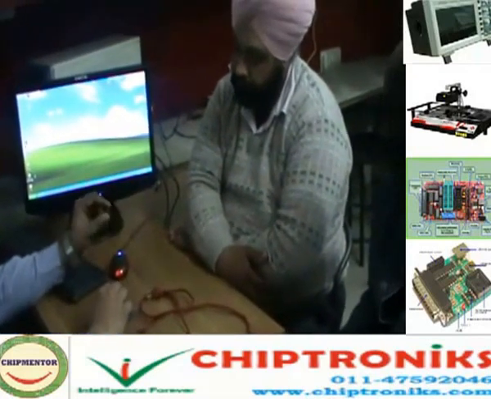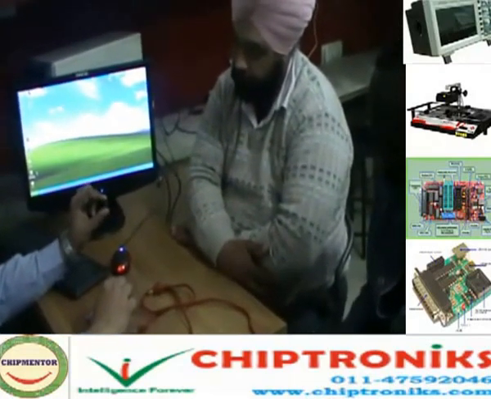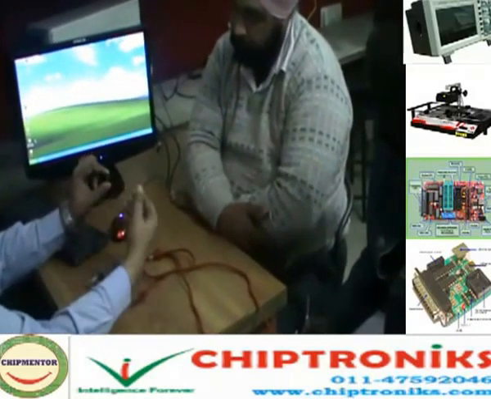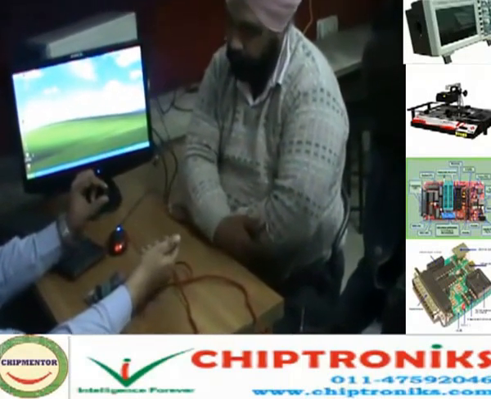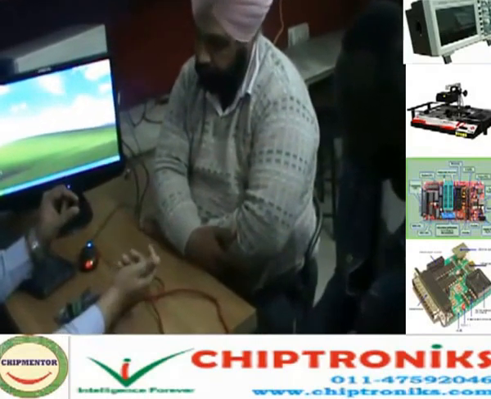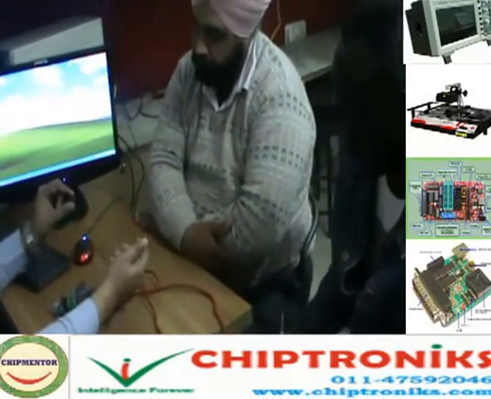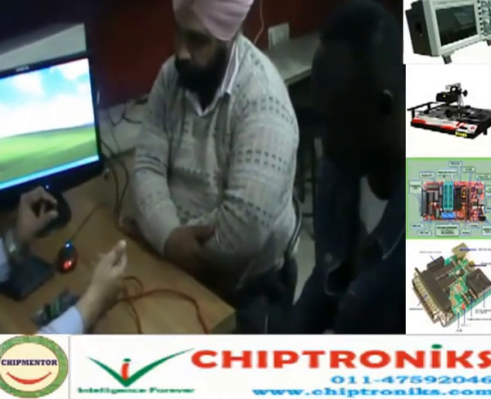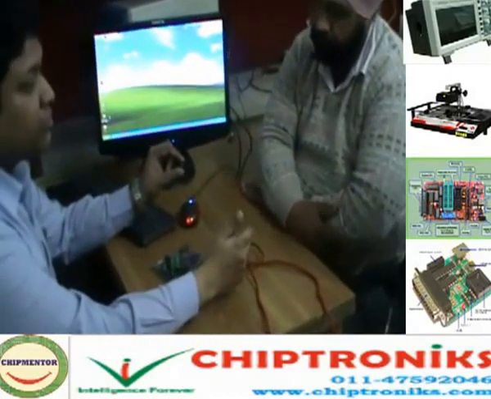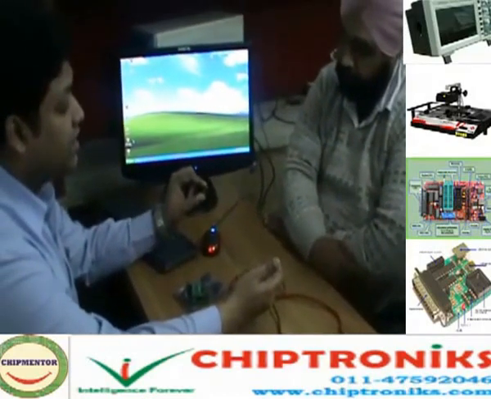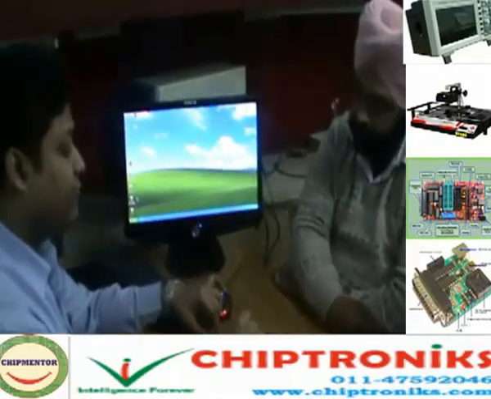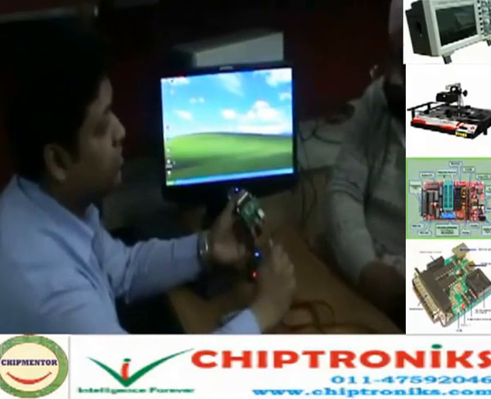Now, why do we require to reprogram a CMOS IC? The main reason for reprogramming a CMOS IC is problems like system hanging, no display, fatal errors like blue screen, sometimes the system restarting, or the system freezing on desktop. In that condition we require the CMOS IC to be reprogrammed, and for that we use the NanoBIOS programmer.